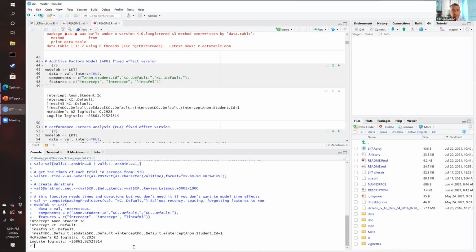Yeah, thanks for getting me going on that, Luke, because that was exactly the detail that we needed to talk about next, which is that pairing of the components with the features. Essentially each of those pairs is one term in your regression. And then you could add on a global intercept by the intercept command. Actually, when I was looking at this model earlier, I realized that the intercept was redundant, because if you have intercepts for all your students and your KCs, you don't really need one overall. And so I can set my global intercept to false here,